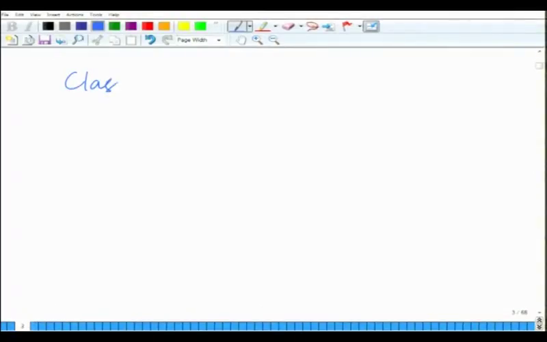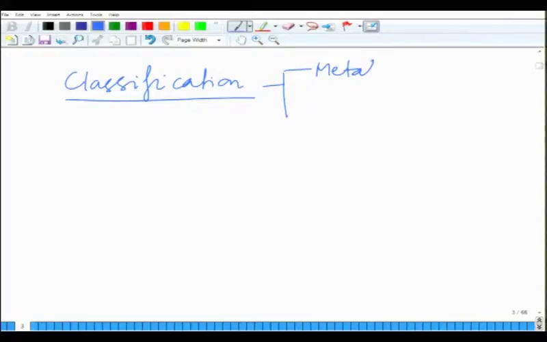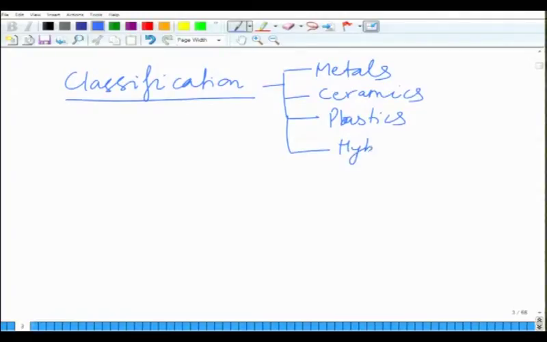So, classification of materials was basically in four categories: metals and their alloys, ceramics, polymers, or let us say plastics, polymers and elastomers, and then we had hybrids. Okay. Now, these are basically on the basis of type of materials, in the sense that metals are strong and ductile,